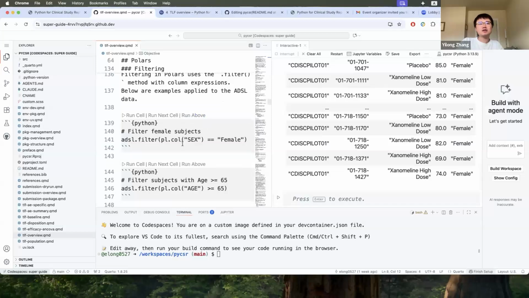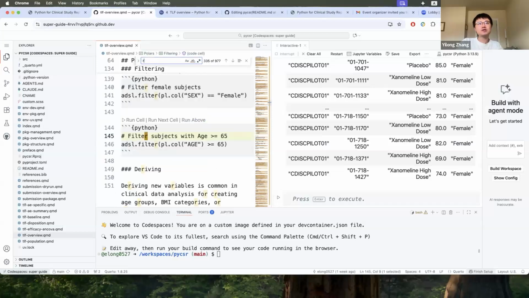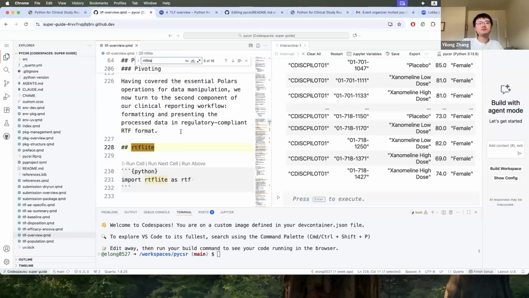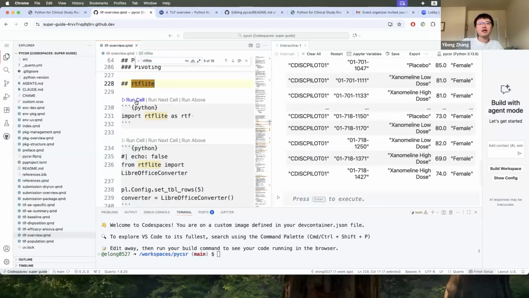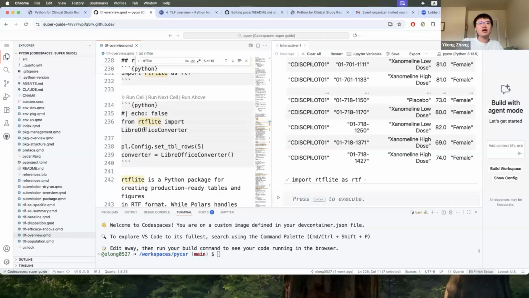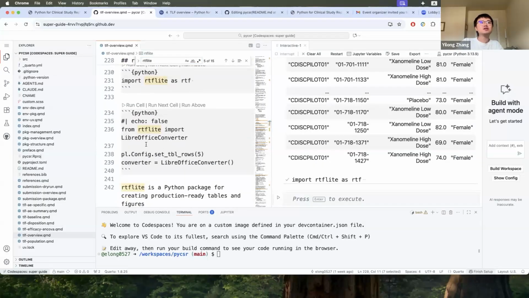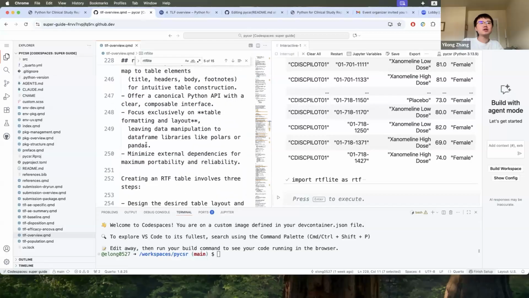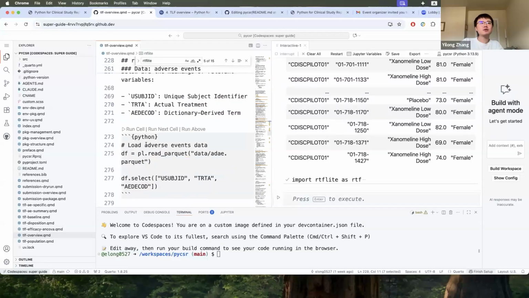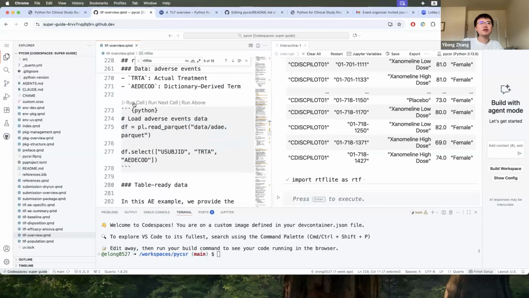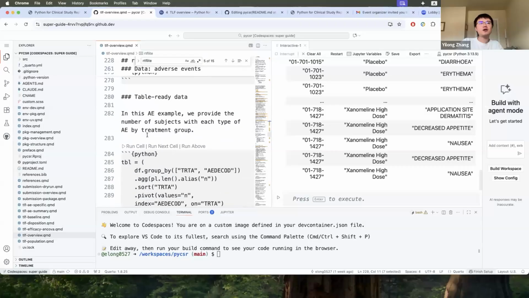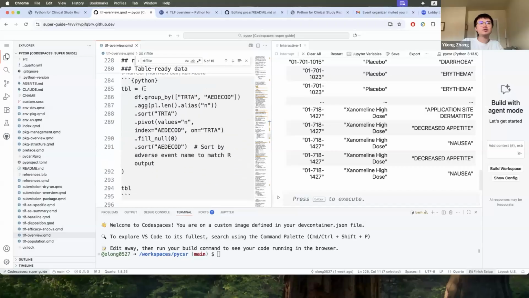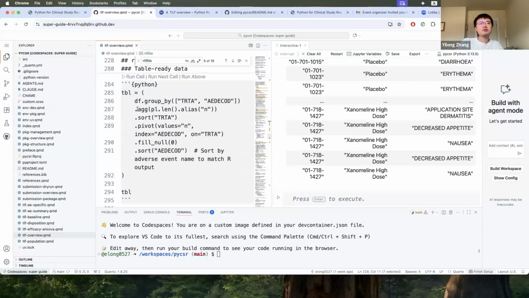And similar idea, let's just jump to the RTF Lite. So you can get RTF, and then this part we will skip, but let's give one quick example. So we read a parquet file, and we do the data set manipulation.